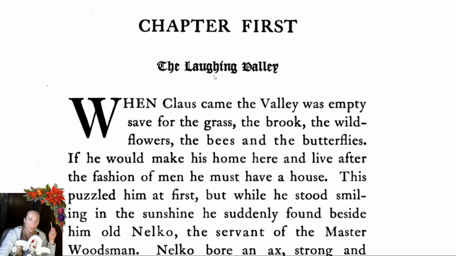Chapter 1st. The Laughing Valley. When Claus came, the valley was empty save for the grass, the brook, the wildflowers, the bees, and the butterflies. If he would make his home here and live after the fashion of men, he must have a house. This puzzled him at first, but while he stood smiling in the sunshine, he suddenly found beside him old Nelko,